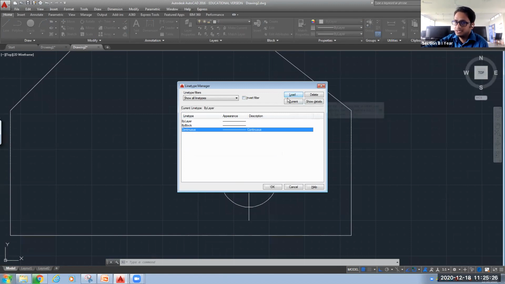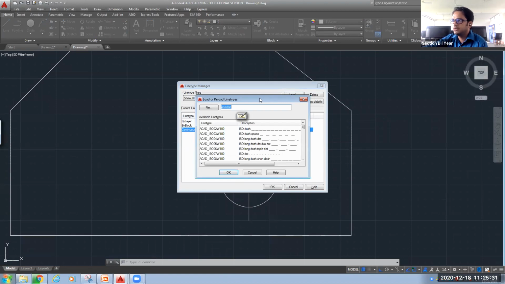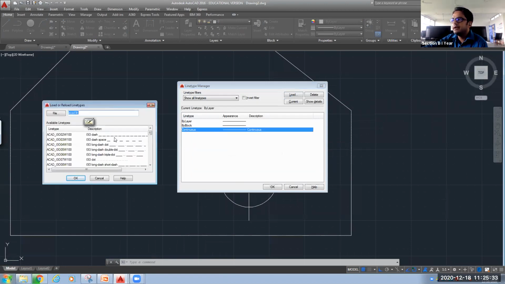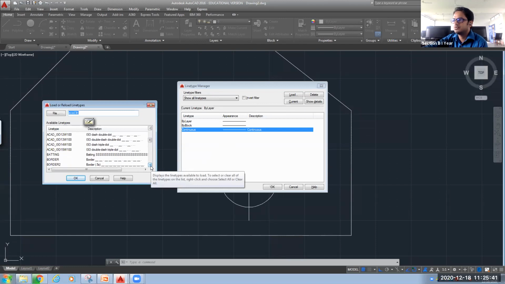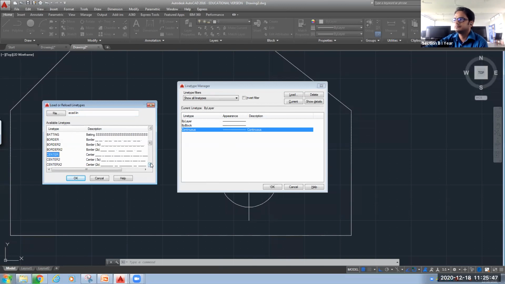I want to load some more lines. Here you can see the load option. Click on load, and now you can see a variety of lines is available. Whatever line you need, you can select it. So we will come down to the center. Here, this is your center line.